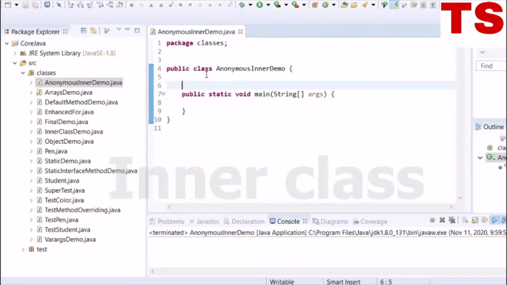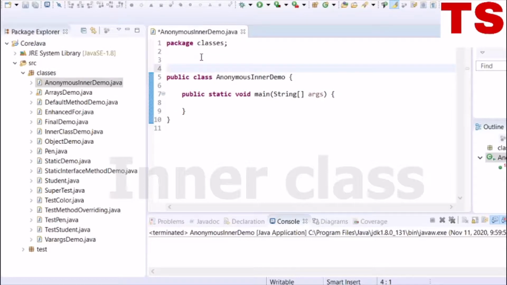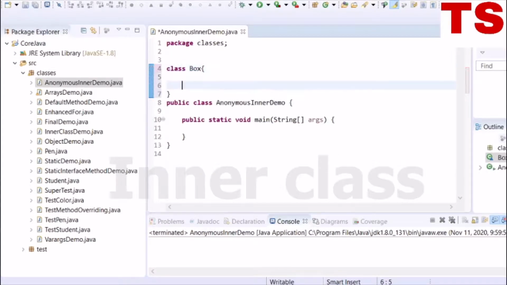Now let's look at an anonymous inner class. For that, I will define a class by the name box, and I will have a method by the name area which will display some message.